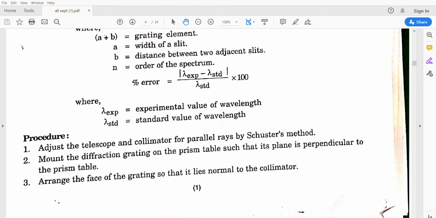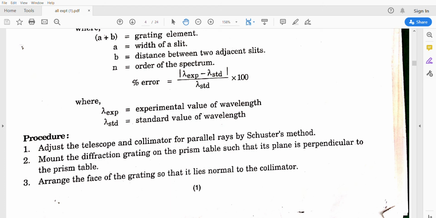So for every experiment we need to understand the precautions also. The telescope must be adjusted to receive parallel rays. So the adjustment of the spectrometer on both sides, the collimating lens and the slit adjustment is also very important. It is difficult also. The grating table must be optically leveled using the spirit level. A spirit level is a small instrument used to check the balancing position of any instrument. Using that spirit level, we have to check whether the prism table, spectrometer, and grating table are in balanced condition or not. Collimator also we can check.